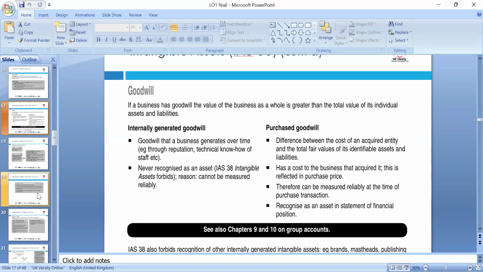We mentioned earlier the purchase of goodwill. Internally generated goodwill is very hard to measure, but if you think about the accounting equation, assets equal liabilities plus equity. Assets minus liabilities equal net assets, and net assets always equal the capital figures. If someone is happy to pay more than the net assets, the difference is under the purchase consideration, and we can't call it goodwill.